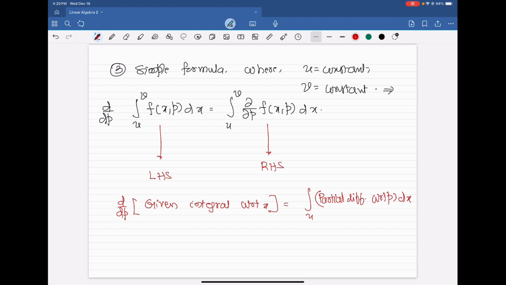Limits are same. Here also limits are same. These are constants, let me say. That means once you have got the differentiation of the given integral, then what is the value of the given integral? This is nothing but integral of this value. Therefore, answer of given integral is equal to,